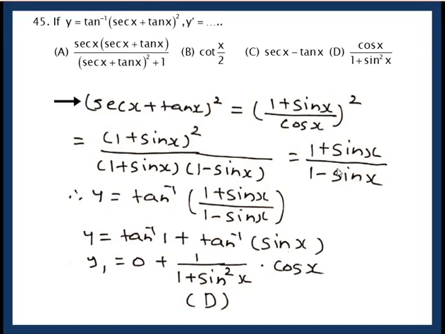Now you need not simplify this. Then I put here y equal to tan inverse of this. Remember, tan inverse of p plus q upon 1 minus pq. Yes, sin x is 1 into sin x, what is it? Tan inverse p plus tan inverse q. Derivative of this is 0. What is the derivative of tan inverse sin x? 1 upon 1 plus sin square x into the derivative of sin x, which is cos x. So the correct option is D.